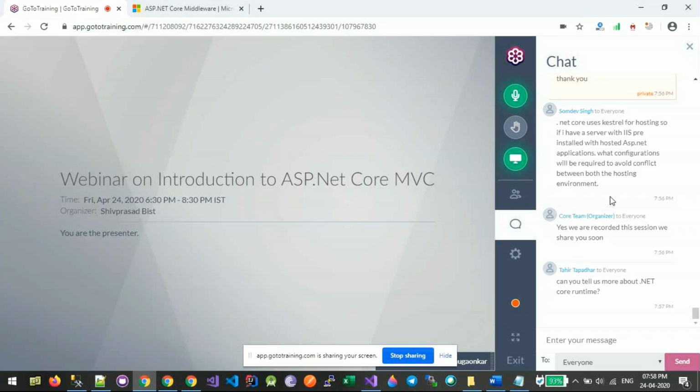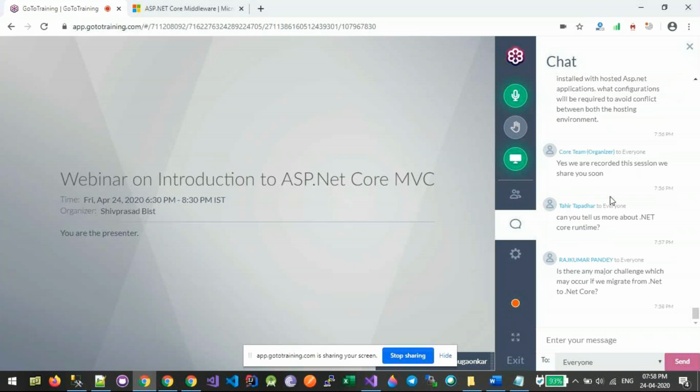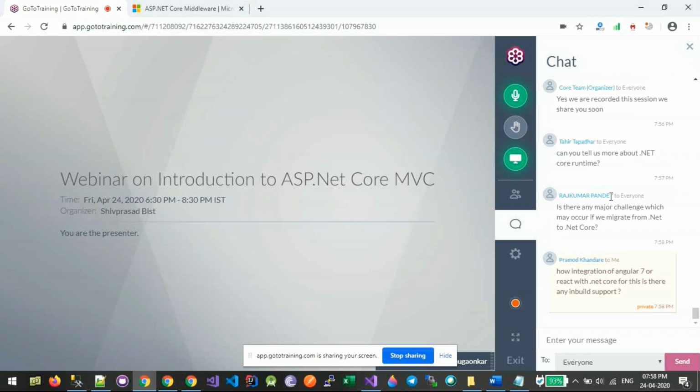But if you're talking of migration, again, you will have to use some portability tools to find out how you can migrate a .NET Framework application to .NET Core. You have to migrate it properly. If you don't migrate it properly, you will end up with a lot of issues, not only performance wise, but also from a maintenance perspective. So you have to be very careful when you are migrating the application.